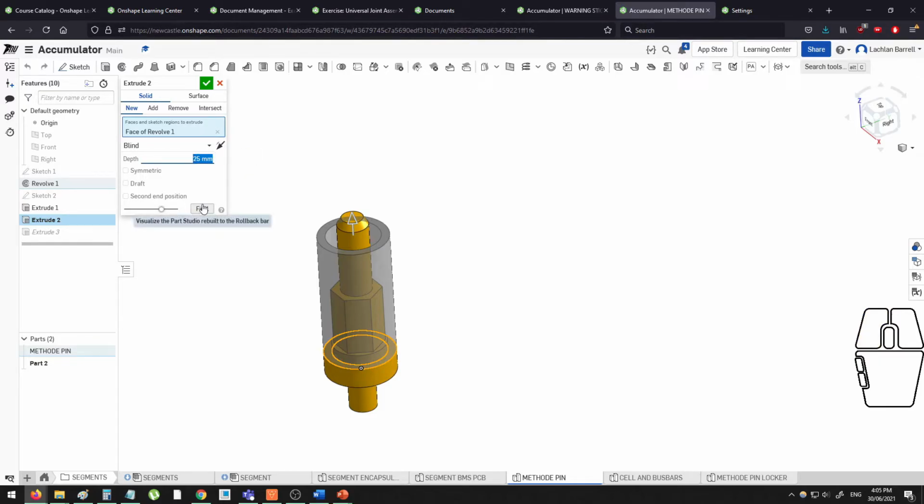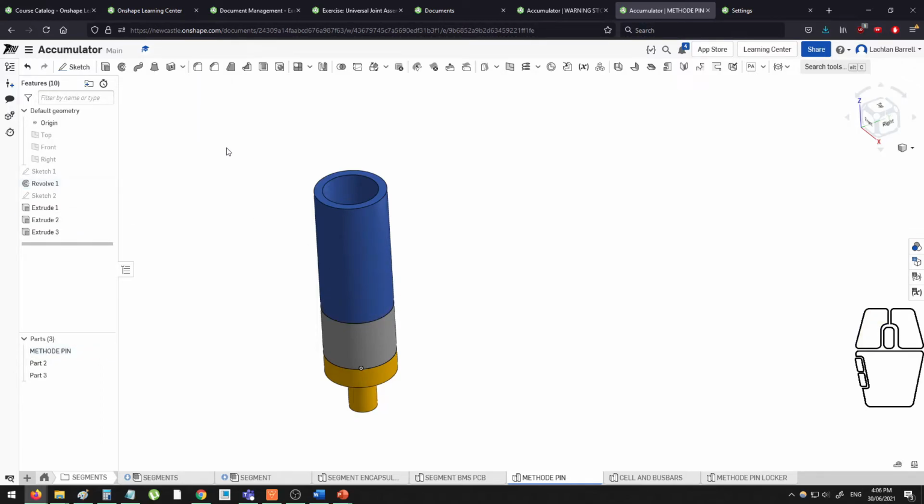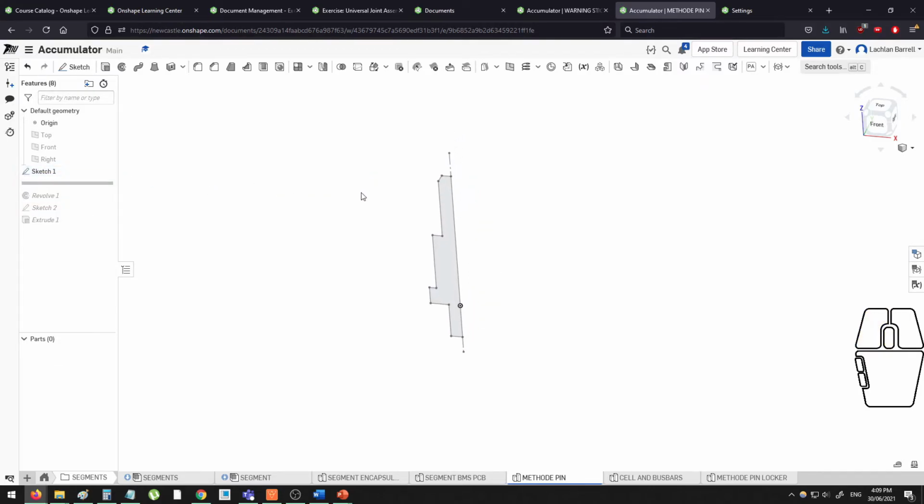So if I change this to be, I'll say 10 millimeters, so I've just reduced its height by 15 millimeters, I can say final, and it'll show me that this secondary tube that I just made has been adjusted for that change there. So the next couple of tips pertain to using the Revolve tool in Onshape. So usually when you're using the Revolve tool, you'll have a sketch that looks something like that with a pretty clear